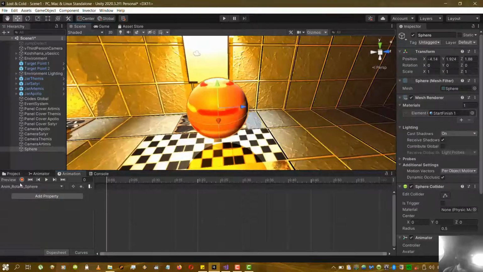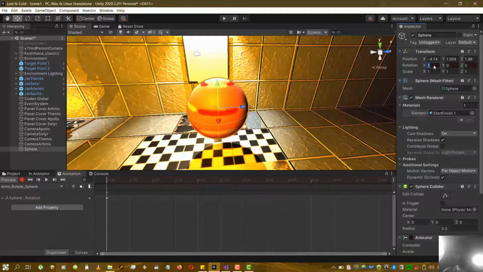So you have to record the animation like this. Click the record button, and you first create a keyframe here by changing some coordinates or rotation here. Let's change X rotation. Okay, now the first keyframe is created, and you're gonna select